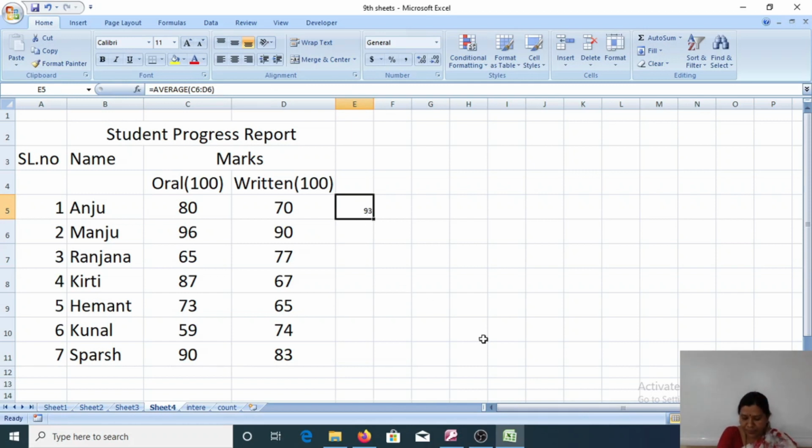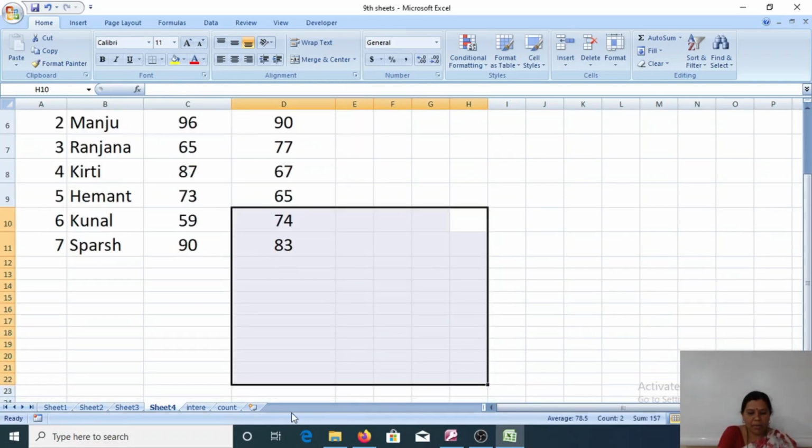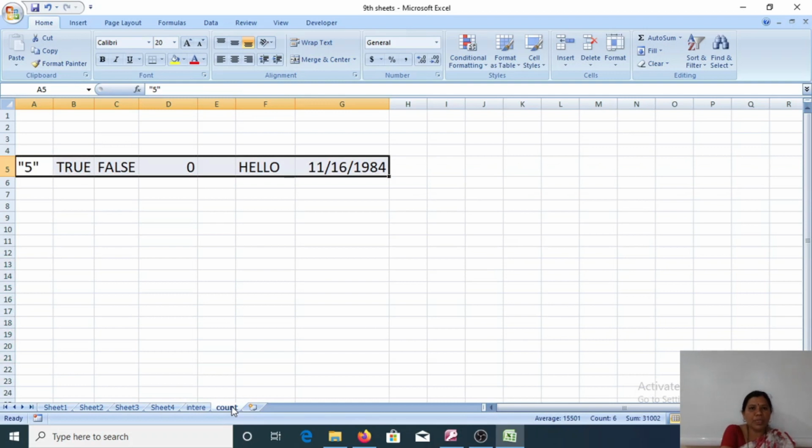Now we'll move to the count function. The count function in Excel calculates only numeric values. See here how many numeric values we are having: 5 and 0. True or false, these are all text. So now I want to count the numbers here.